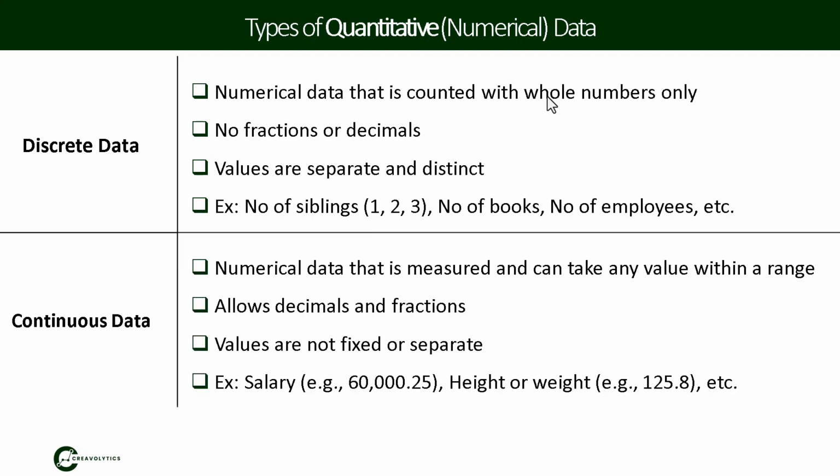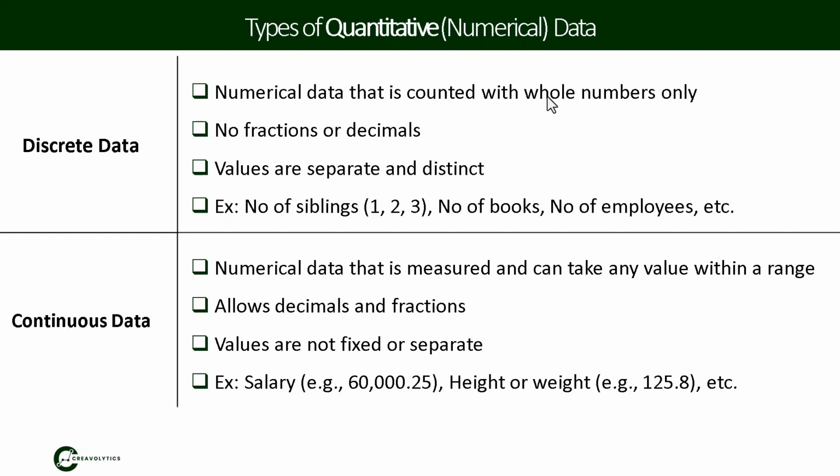Now let's talk about continuous data. Continuous data is numerical data that can take on any value between two whole numbers. Unlike discrete data, continuous data allows decimals and fractions. A lot of data that we measure today rather than count is continuous. For example, salary is continuous because your salary could be $60,000.25 or it could be $60,000.50. Even though we usually round monetary values to two decimal places, they can still take on many decimal values,